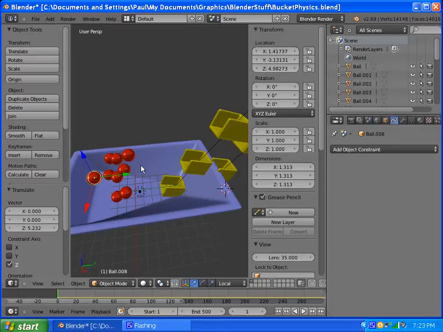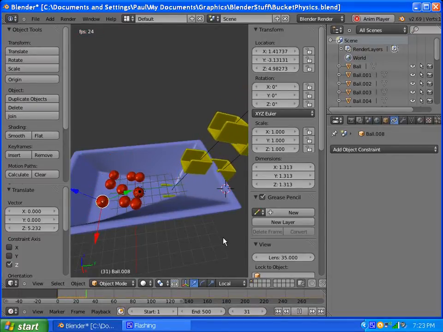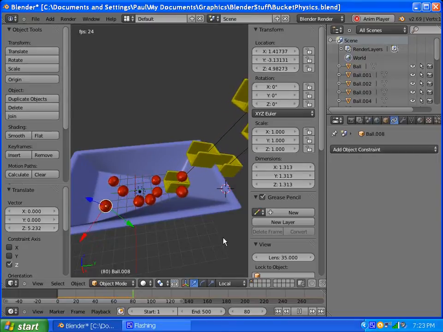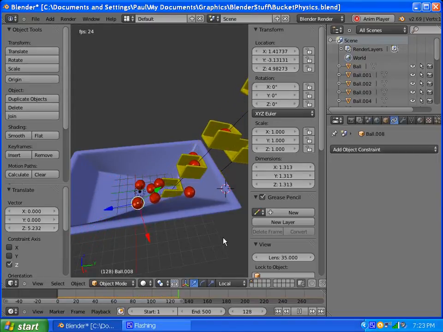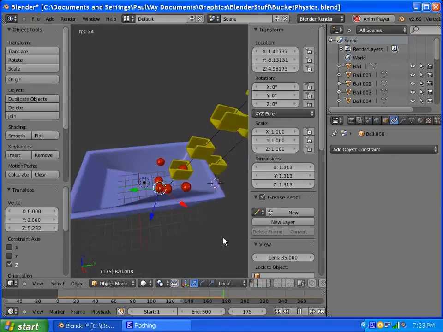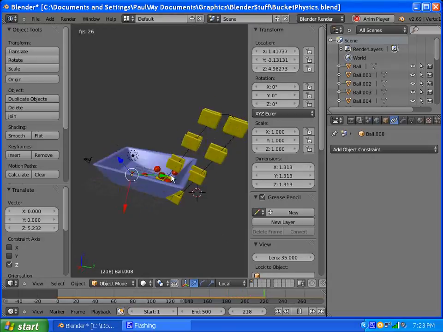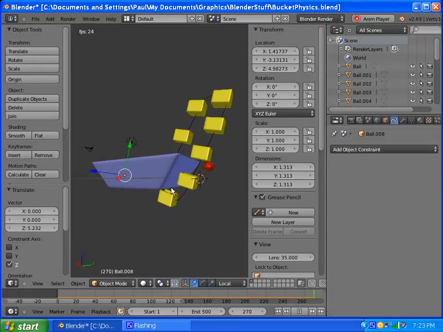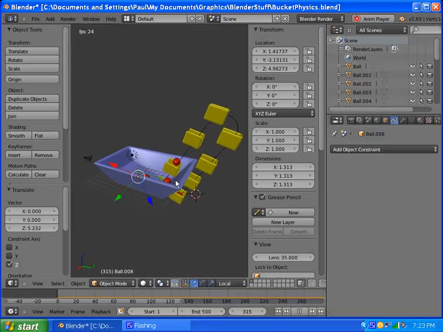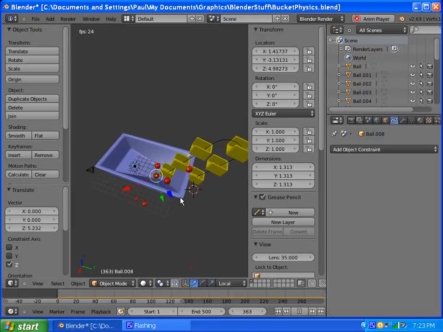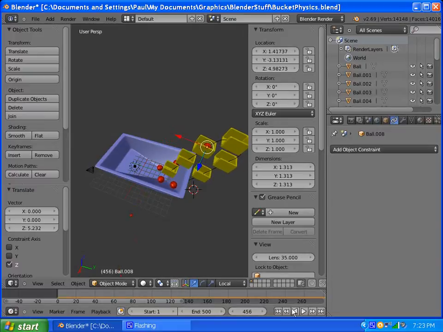But it is working. So let's add a slide now, shall we? Alright. So just like the bucket, you just want it to pass through the bottom. And I think I'm going to do something a little different for the slide here. I'm going to use